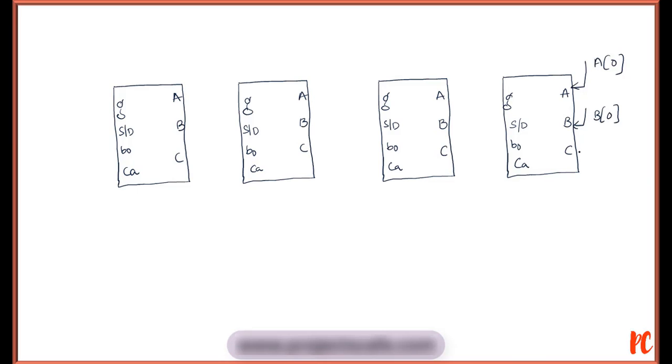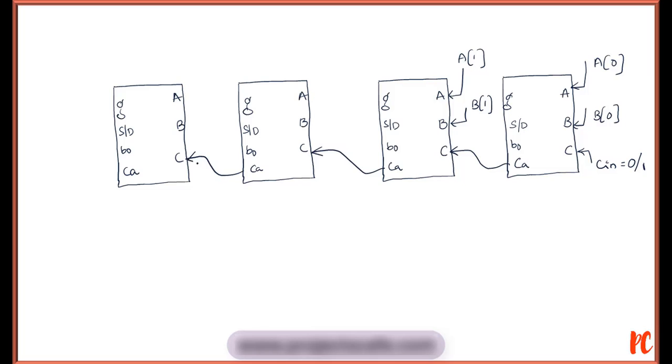Initially this is the input, so Cin I am declaring. It will be 0 if I am talking with respect to the adder, and it will be by default 1 if I am talking with respect to the subtractor. Similarly here too, I am going to take A1 and here B1, and whatever carry is generated, that carry is propagated to the next stage. Similarly, the carry generated here is propagated to the next stage, and the carry generated here is propagated to the next stage.